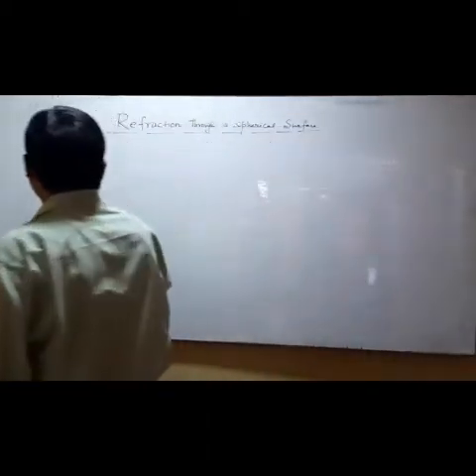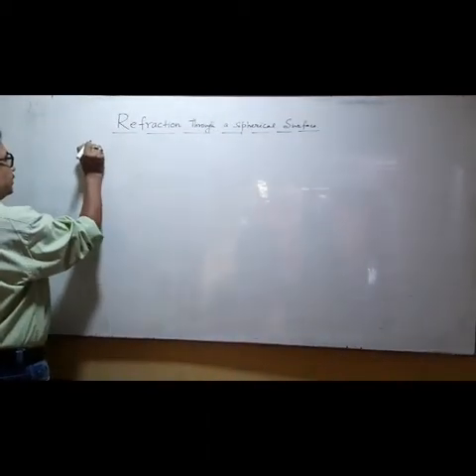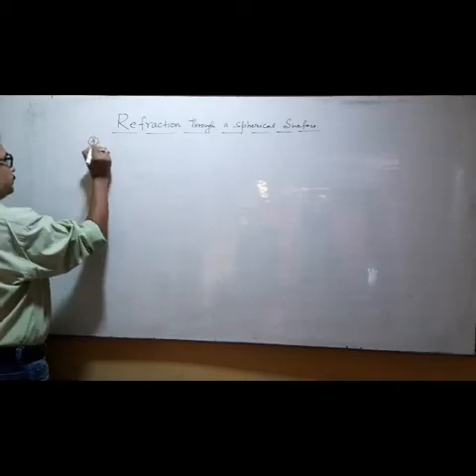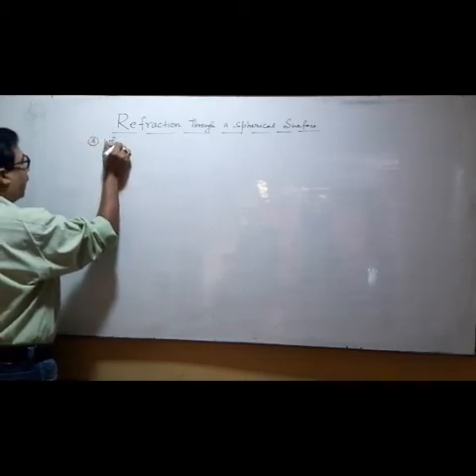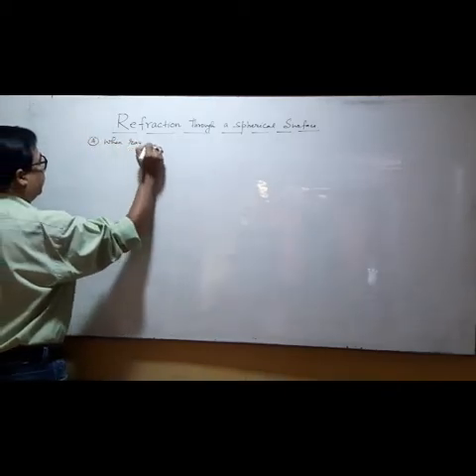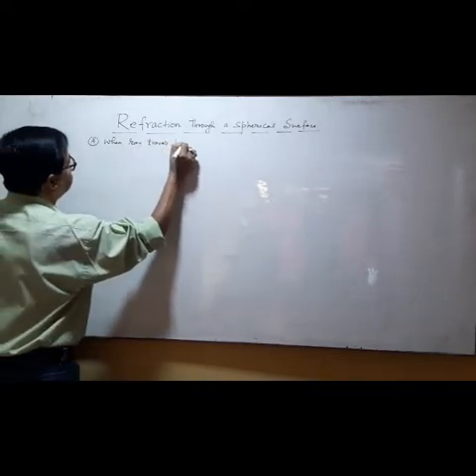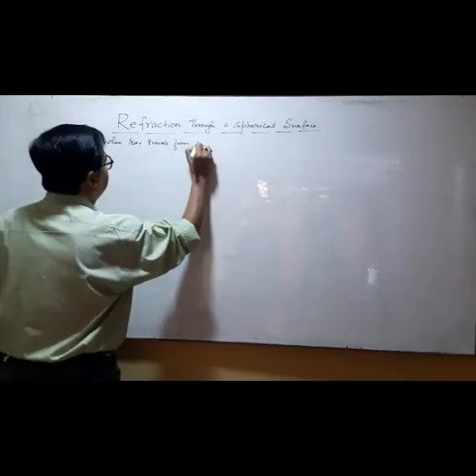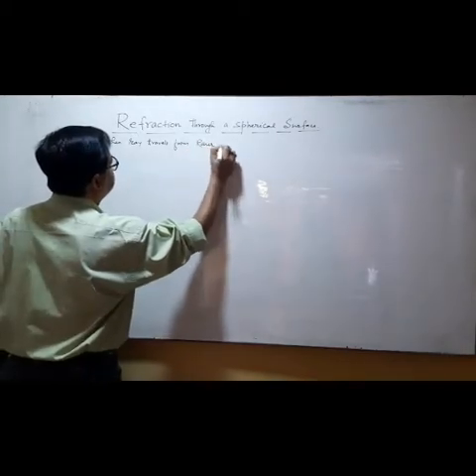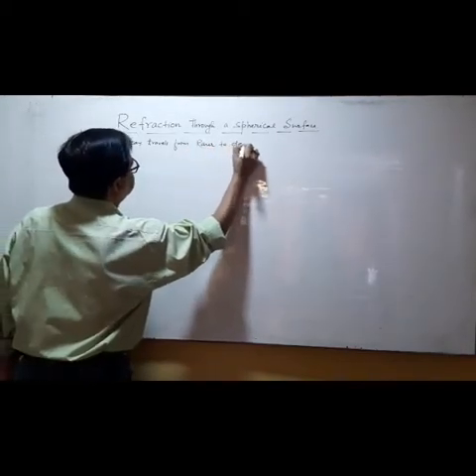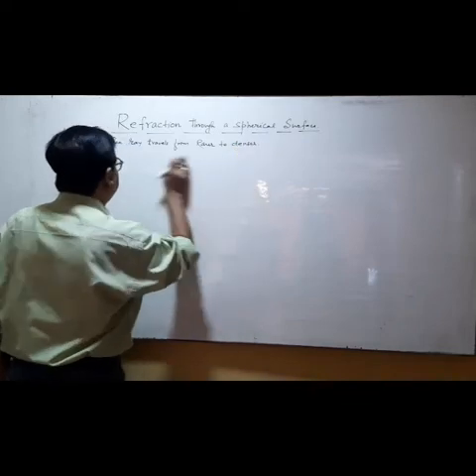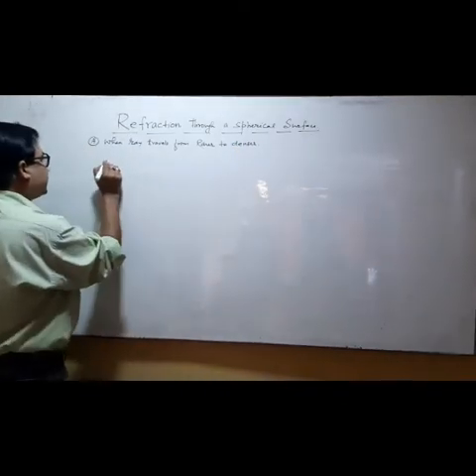If ray is coming from rarer to denser, this is case number 1, when ray travels from rarer to denser, and we have two cases in this: